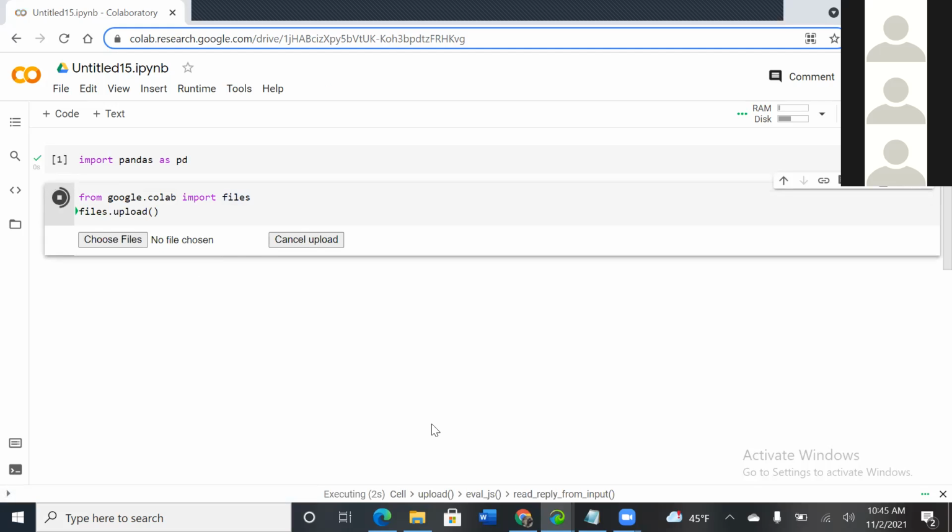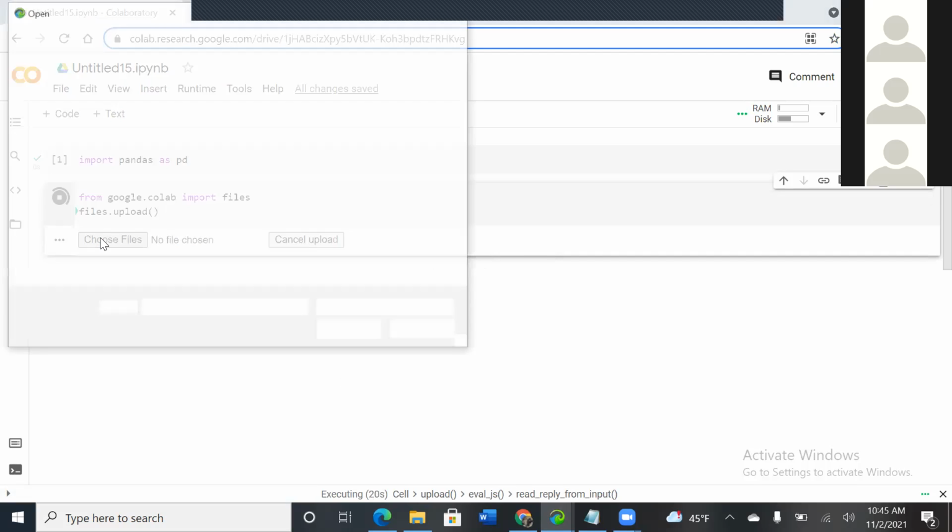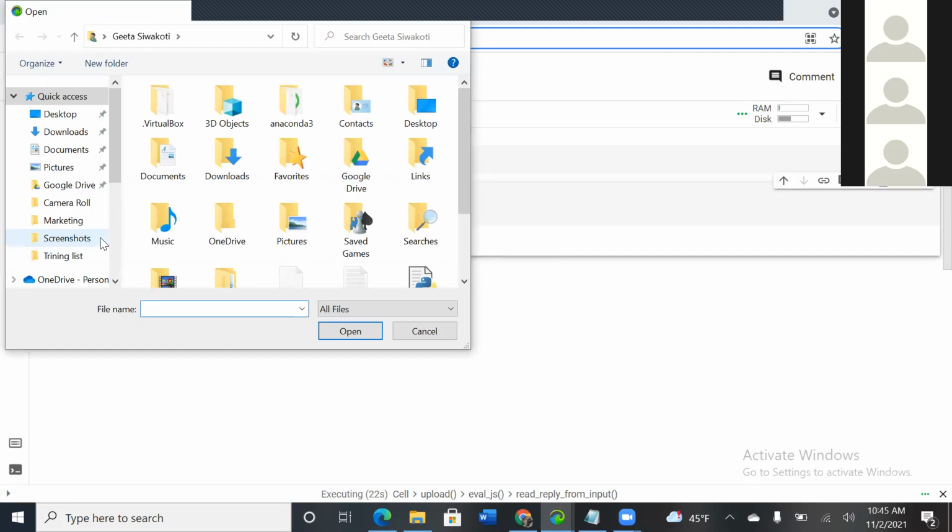Now you choose the file. I didn't get that option before. Yeah, it was because the cookies are disabled and you have opened the Google Chrome in incognito mode. What do you mean by incognito mode? Once you choose the file here first. Yesterday I sent you the file. Did you download that file? It might be in downloads.